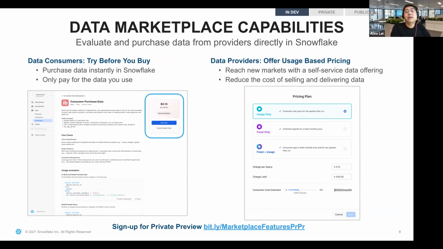Existing customers today normally negotiate a contract outside of Snowflake for anything to do with monetary value. We're now putting in place in the network, towards the end of this year, a try before you buy, so you can try out sample data sets and purchase those data sets within Snowflake. On the right-hand side, we've built into the model a number of different ways that you can consume the data sets: by usage, by a fixed amount, or by a mixture of both, a bit of a hybrid. For more on the capabilities, we can sign you up to our private preview, and that's on the link at the bottom here.